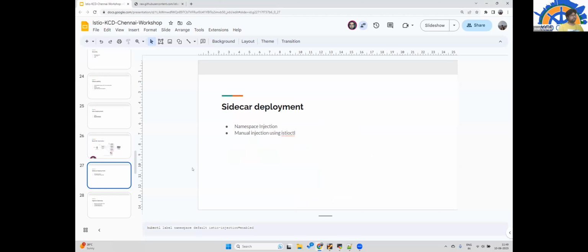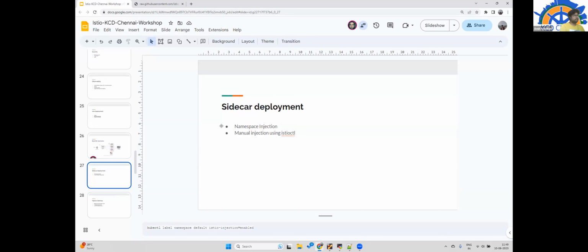Now, you would not ask your customer to configure platform or framework level information in each and every YAML of each and every deployment of their microservices. So what Istio has provided is two ways you can configure or deploy a Kubernetes workload, which can be easily configured in service mesh.